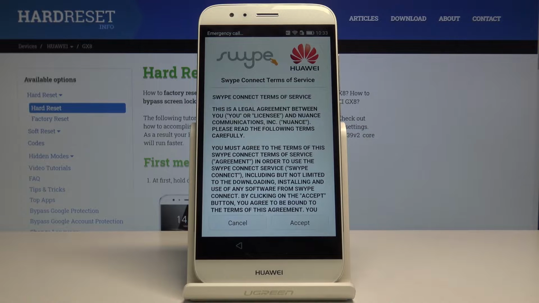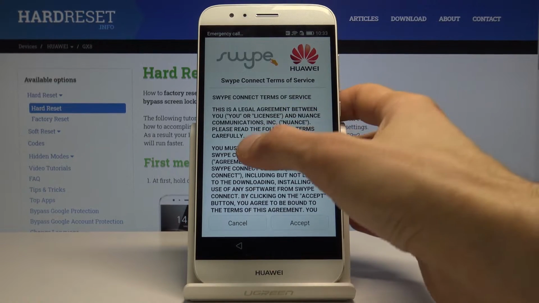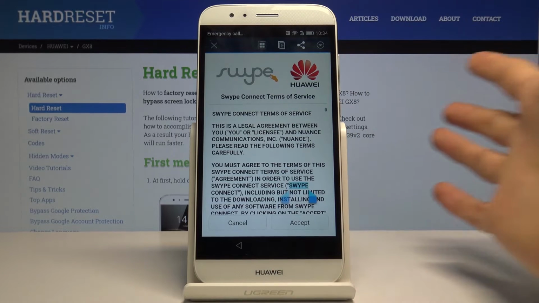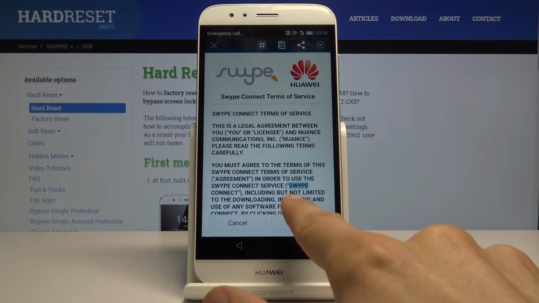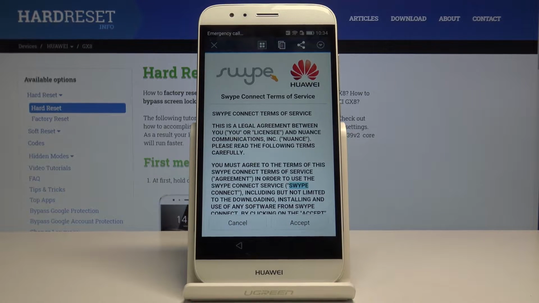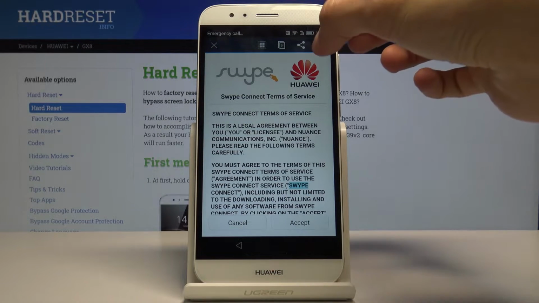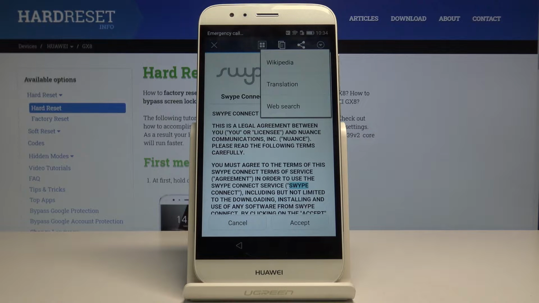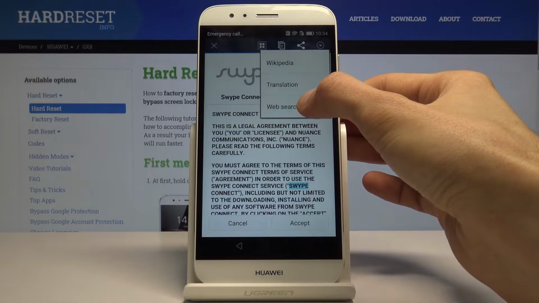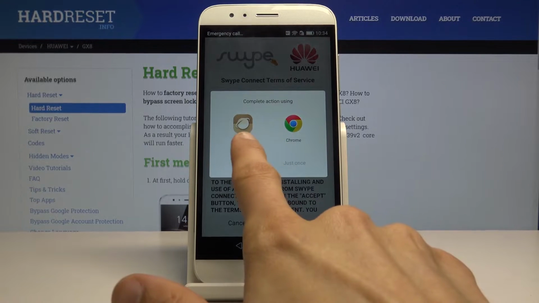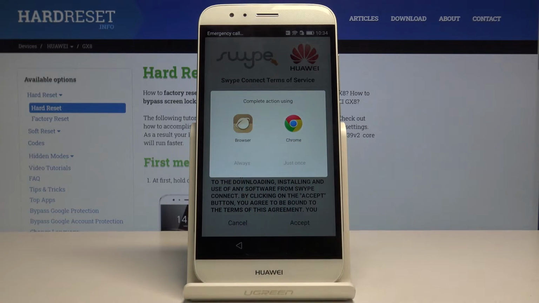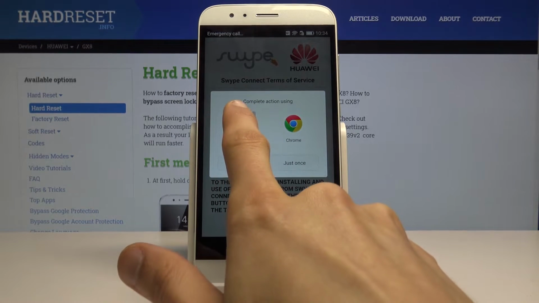And here it pops up with this instruction, I guess. What you want to do is just hold your finger to select something. It doesn't matter what you select, as you can see I selected, it's in blue. Once you select it, you get this bar up here. Tap on the drop down menu and then go into web search. Let's tap on that. From here you want to select the browser right here instead of Chrome. Chrome doesn't give us the option to actually open the downloaded link, so just choose this one, double tap it,